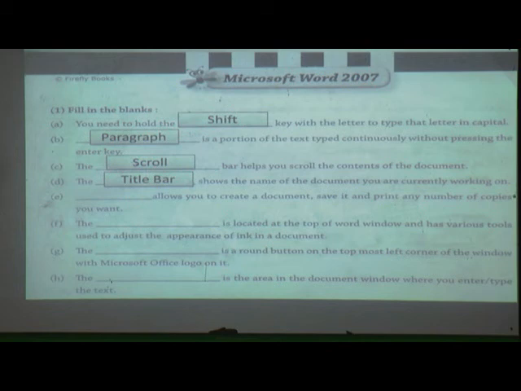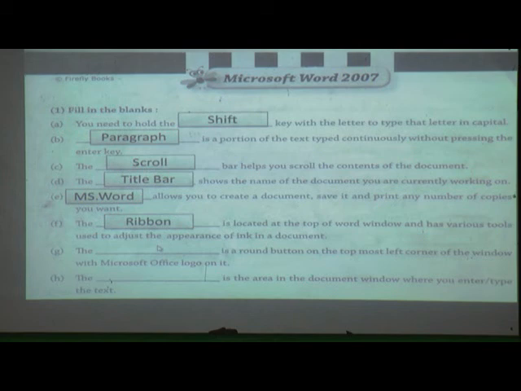Where can we create a document, save it and take a printout, means a hard copy also? Yes, in MS Word, Microsoft Word. Next one: the dash dash is located at the top of the Word window and has various tools used to adjust the appearance of text in a document. Where is it? In the ribbon.